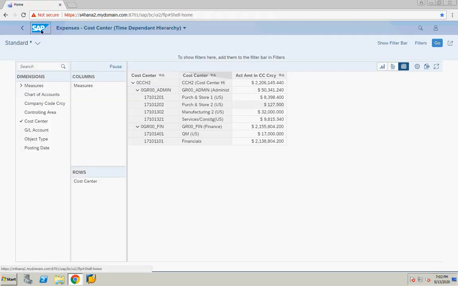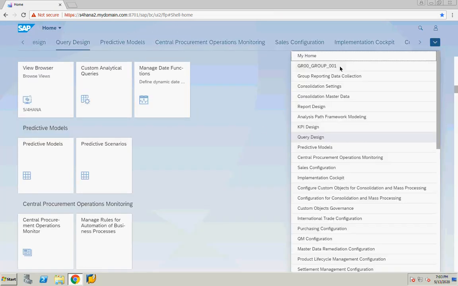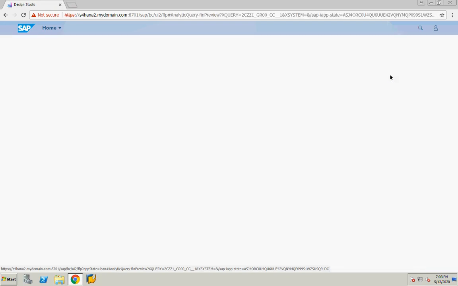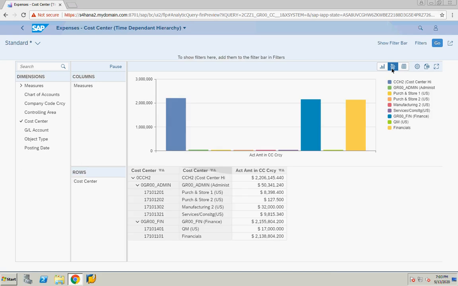So what happens now? The end user or the business user, he will just open this group, whatever group he has. He just needs to select the app. Then the system will automatically display the report. No need to open the custom analytical query and all those things. He can analyze the data whatever way he wants. Whether he wants graph, or graph and table, or only table, all the possibilities are here. Even he can export to Excel.